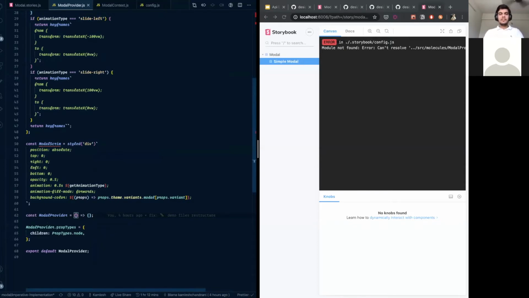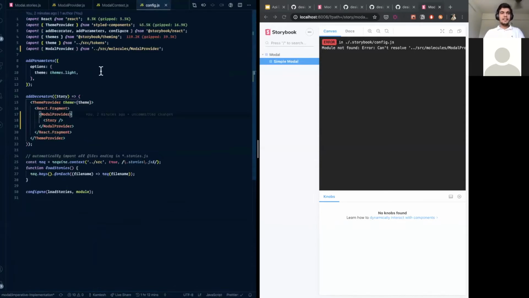So the first thing when we wrap our modal provider is this is the modal provider and this is the story, which means everything that is passed inside our modal provider is basically nothing but our children, right?